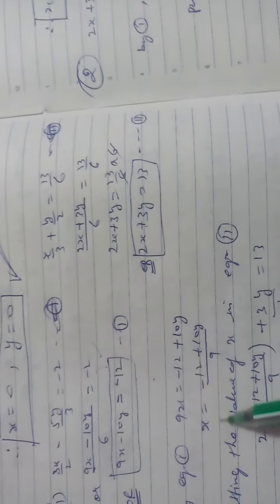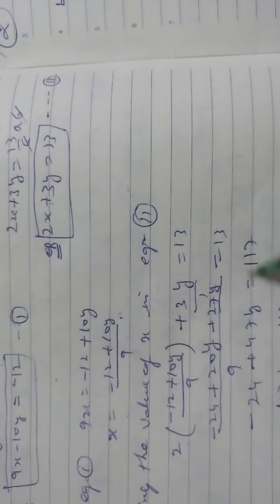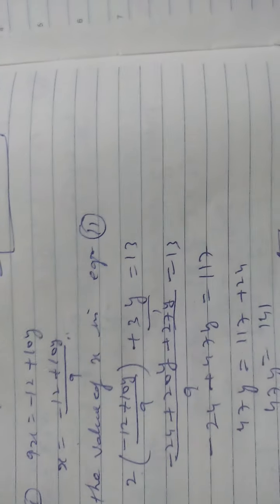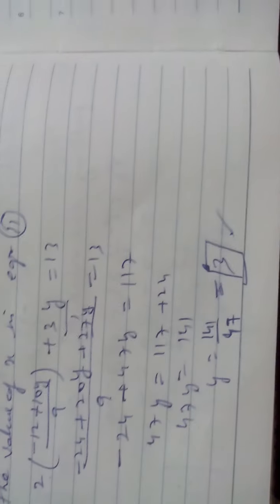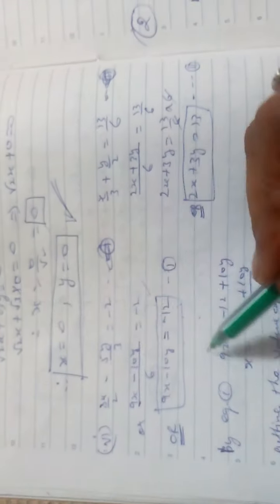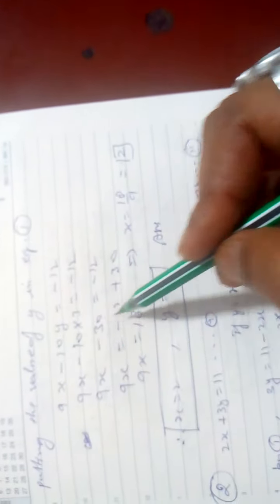From equation 1 you are getting x. Put this x into the second equation at the place of x. Here you are seeing transposing, taking LCM, cross multiplying, you are getting y is 3. At last y you are getting 3. Put this y in the first equation. What you have got, you can put here also the same answer. So 9x minus 10y is equal to minus 12. Y is 3, so I am transposing and getting the answer.